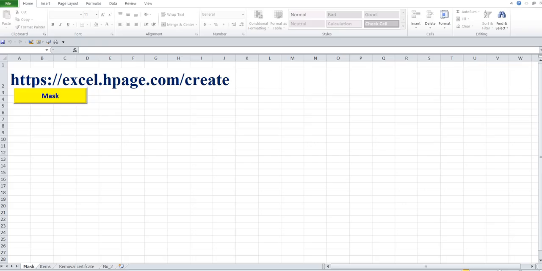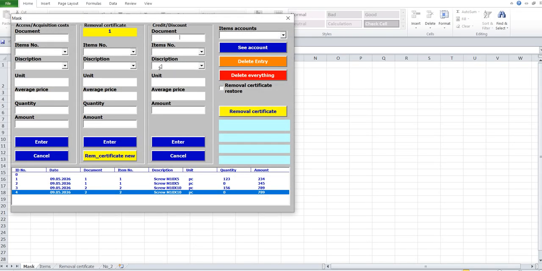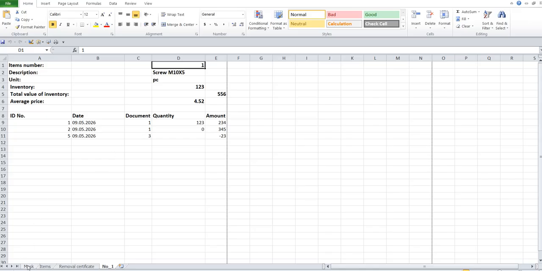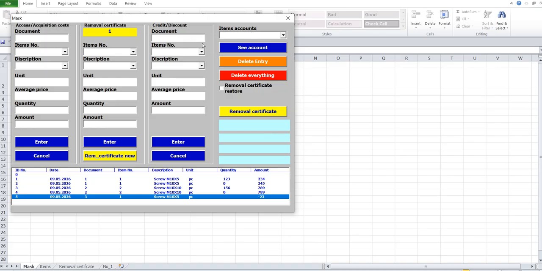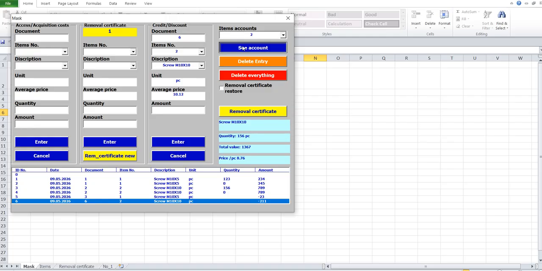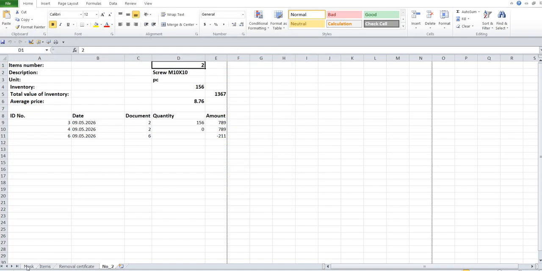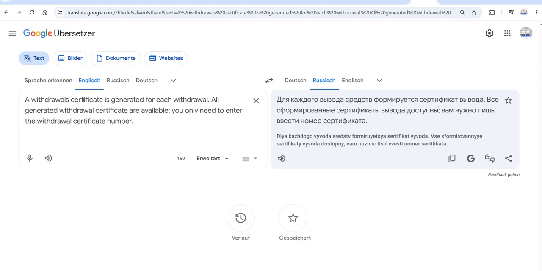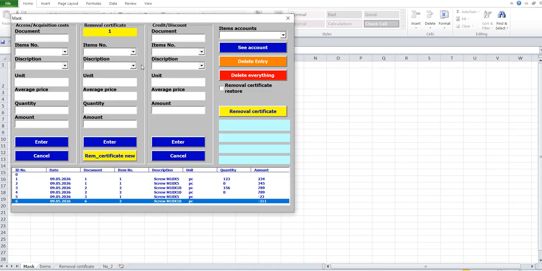When entering credits and discounts, only the amount is specified. A withdrawal certificate is generated for each withdrawal.